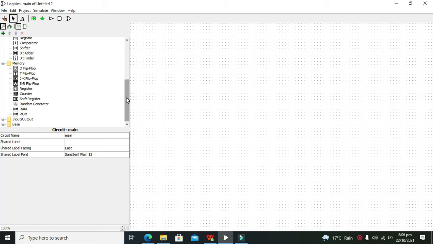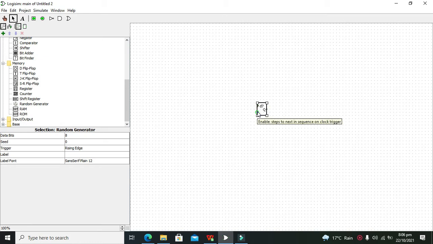In this video tutorial, we will learn how we can generate random binary numbers within Logisim. Here you can see that we have a built-in block offered by Logisim, called the random generator. You can drag it out. It is a very small block in which there is just one input that is enable, but we cannot set this properly as an input.